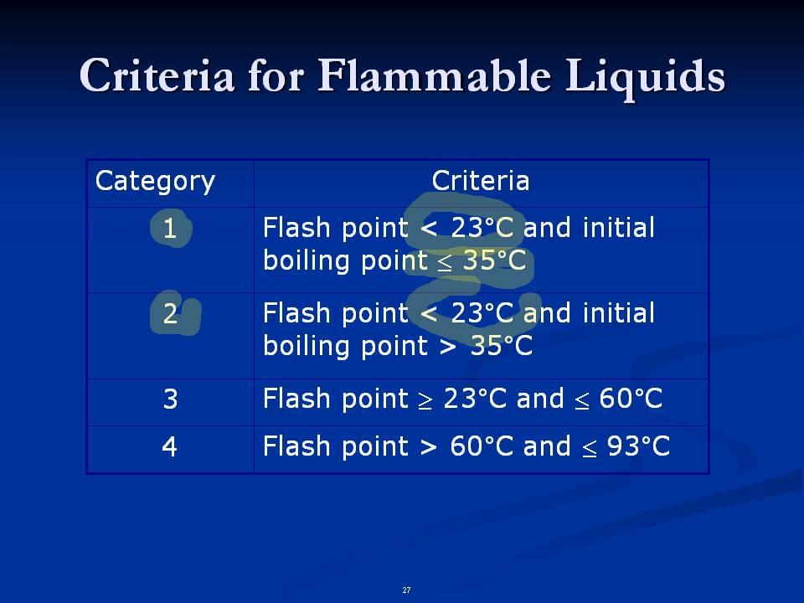So if the boiling point is 35 C or less, it's going to be Category 1. But if the boiling point is greater than 35 C, then it's Category 2. And the boiling point no longer matters once we get into Categories 3 and 4. Only the flash point is taken into consideration there. So we're going to need both pieces of that information to determine, is my product a flammable liquid